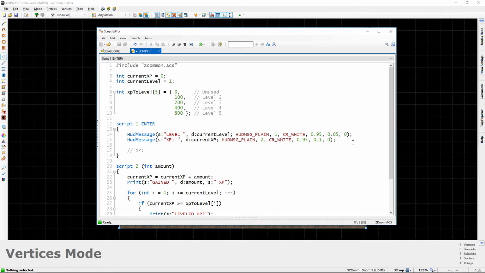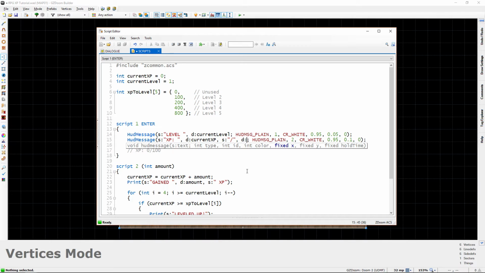What I'm going to do, I'll type it out for you guys. I want to have XP and then the player's current experience and then a slash and then however much experience is required. So if you're first starting, it would be like this, 0 out of 100, because 100 is the requirement for level 2. So I'm going to say his current XP, comma, I'm going to do the slash there, comma, and then we want,